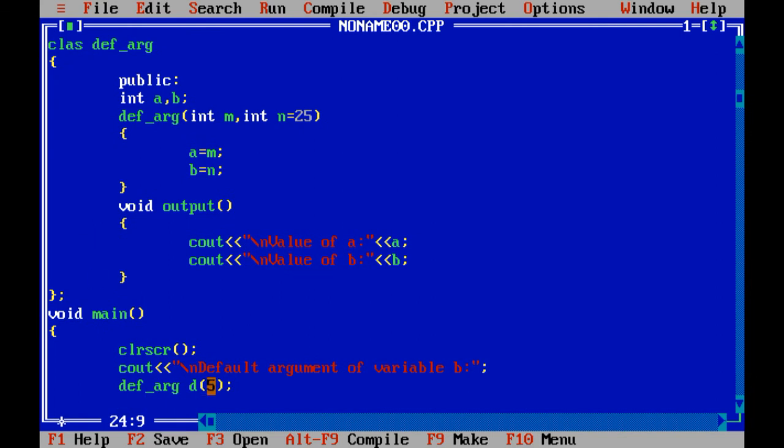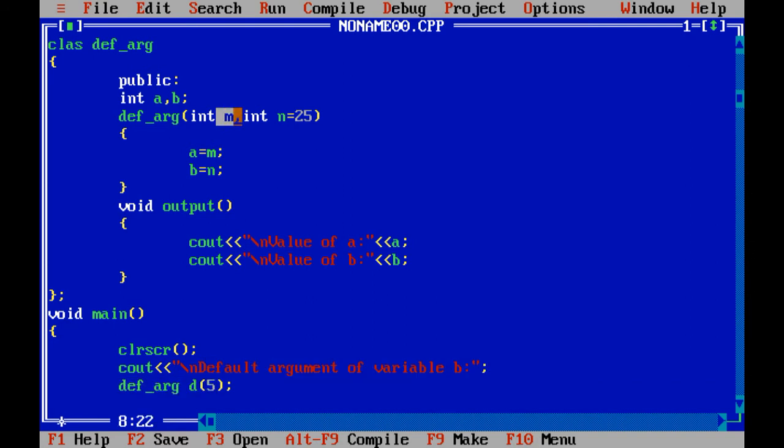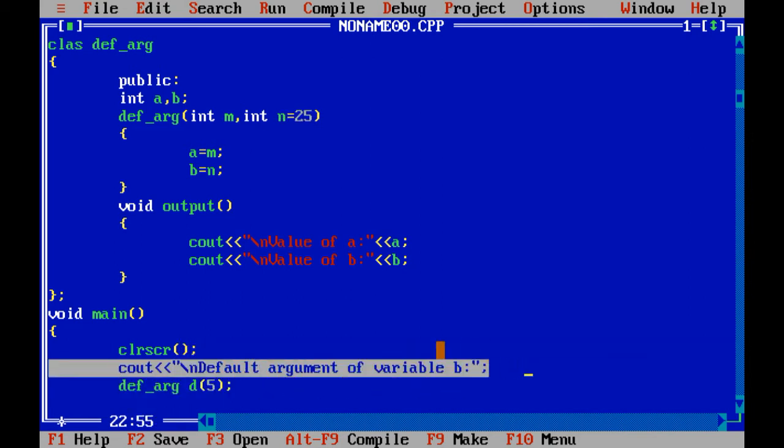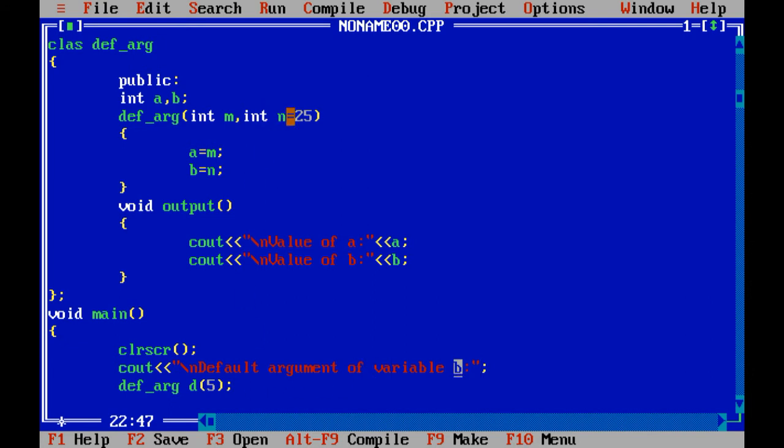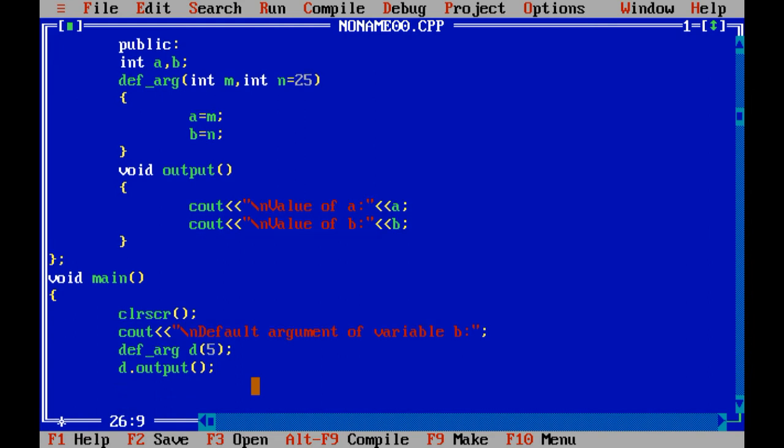Over here you can see I have passed just a single value, so the value of m would be 5 and the value of n would be 25. Over here I have written the cout statement, default argument of variable b is considered either b or n, right? Both are equal. Now let me call the d.output method to display the value of a and b.